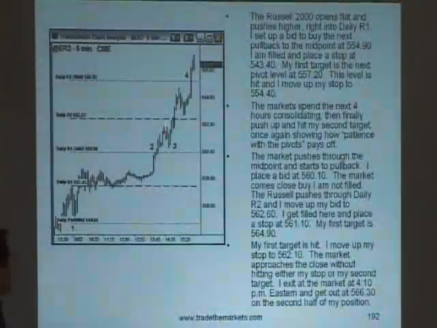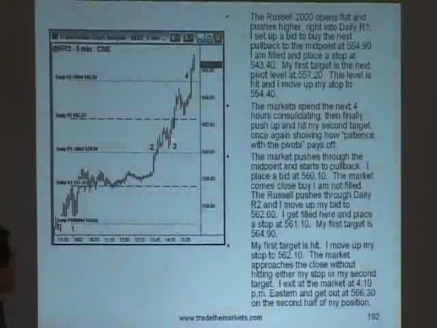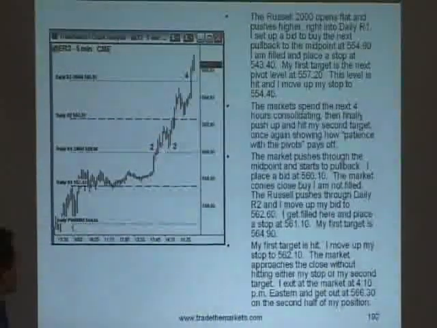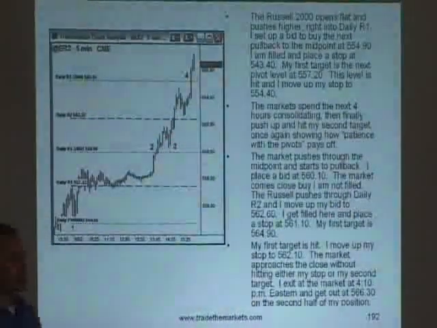It blows through the first time. You try to buy a pullback. This is the Russell. Blows through again. Try to buy the pullback. On this particular one, and this is actually a good example because of what I do with the pivots, remember when